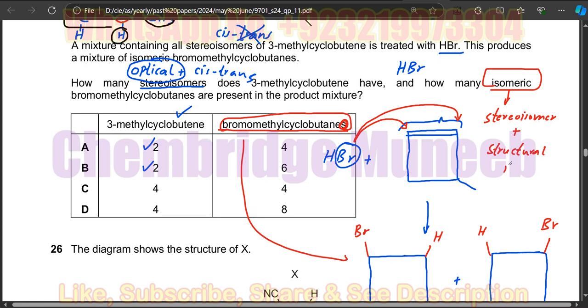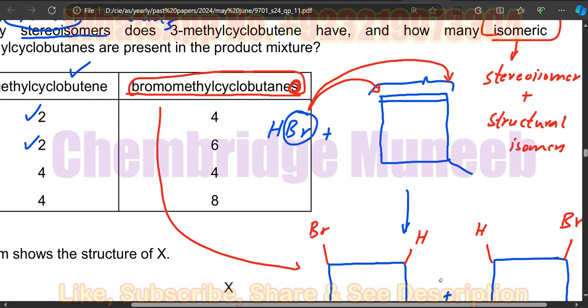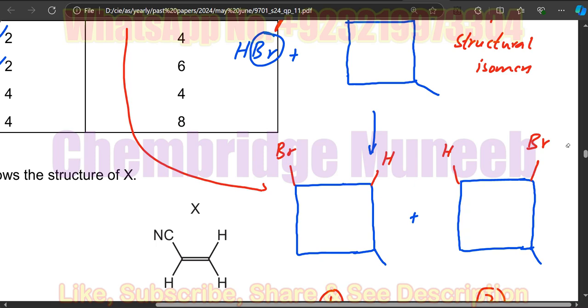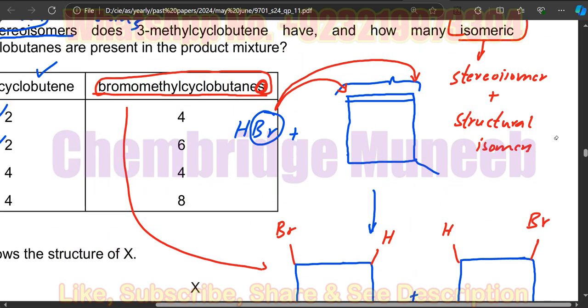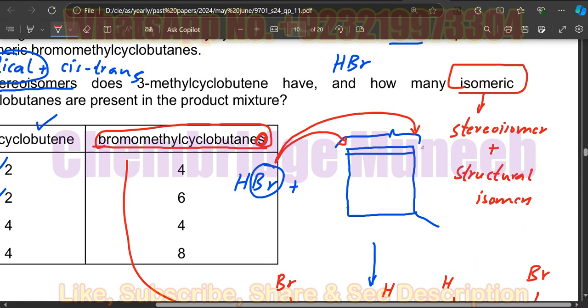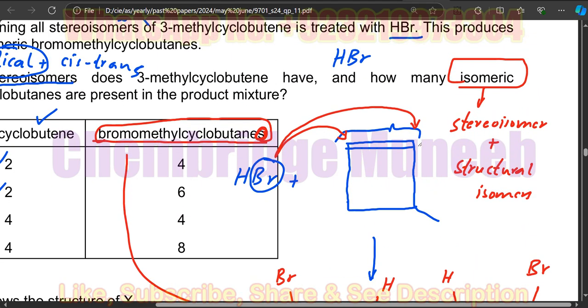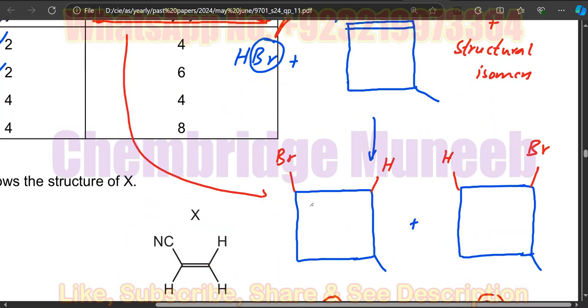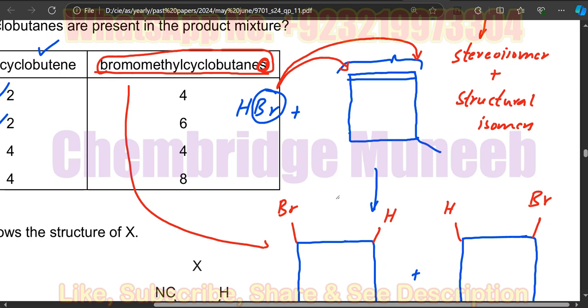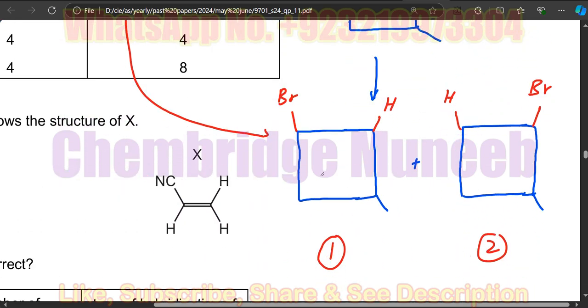Now in this question, we have to determine the isomers we have got here. The isomers, like the one which we checked before, included the cis-trans isomers. Cis-trans isomers will be discussed later on, and if we talk about the optical isomer, then the optical isomer will still